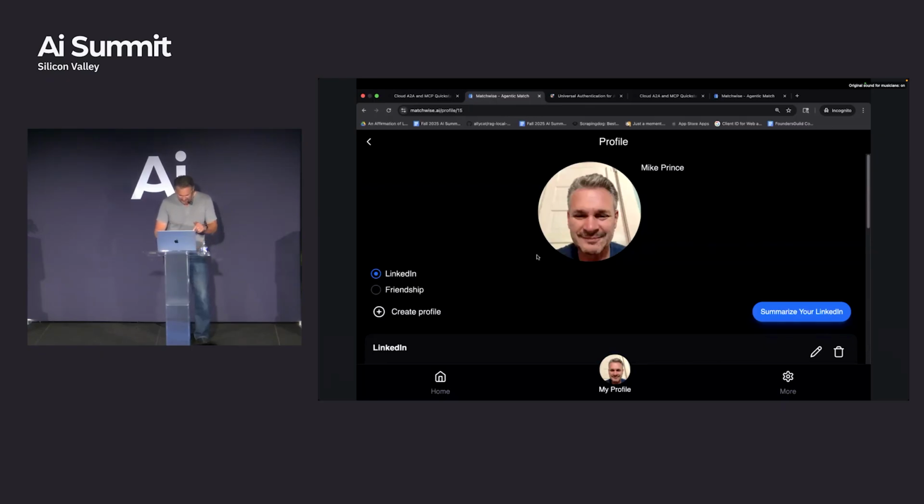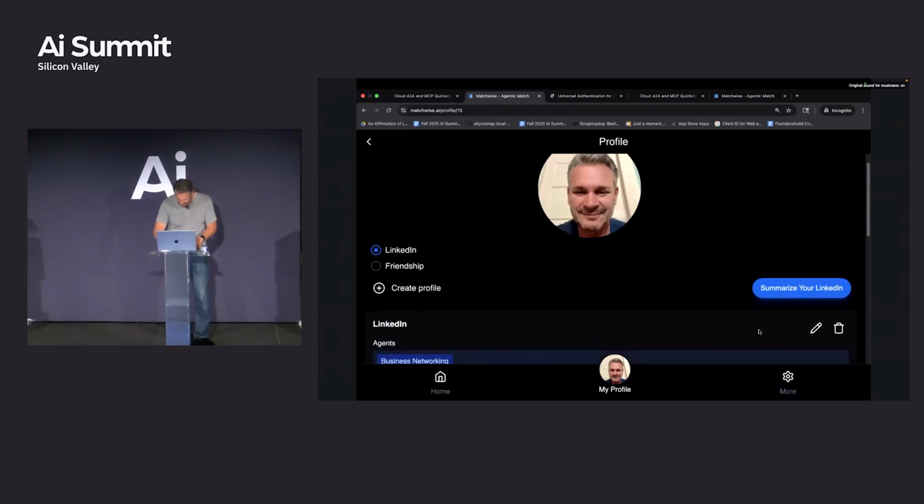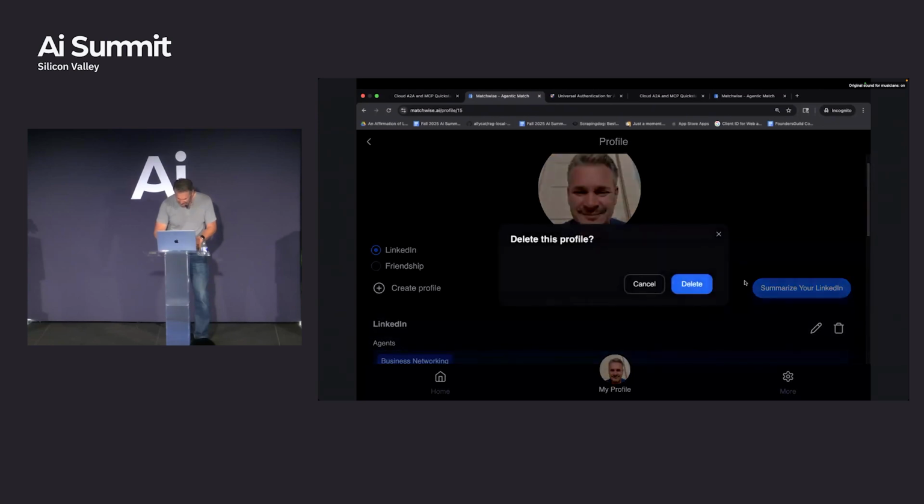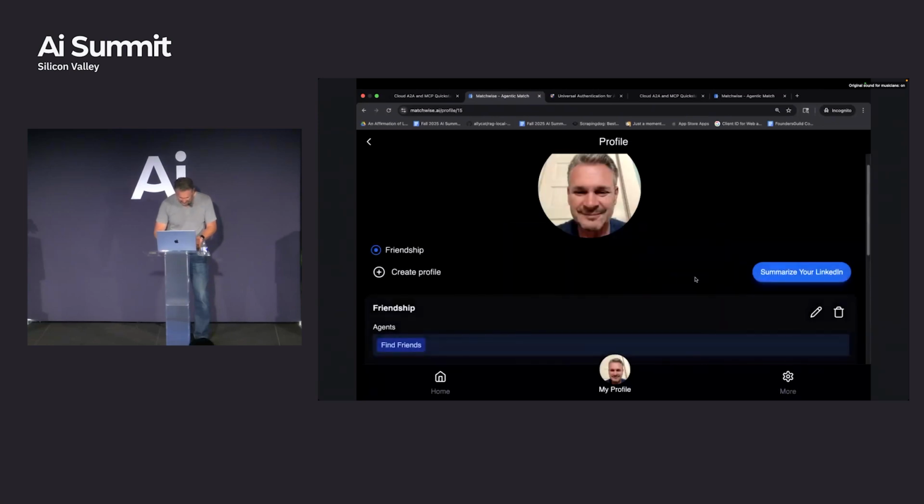And so if you go to Matchwise, if you tap your picture in the middle, it'll bring up this builder thing. There's a feature over here for summarize with LinkedIn. So what I'm going to do over here is actually showing my LinkedIn profile right now. I'm going to go delete it. I'll be brave. Bye-bye. And so now my LinkedIn profile is gone, and that agent's gone also. I guess I only have friendship for my agents right now on this site. But what I can do is I can go back to here.